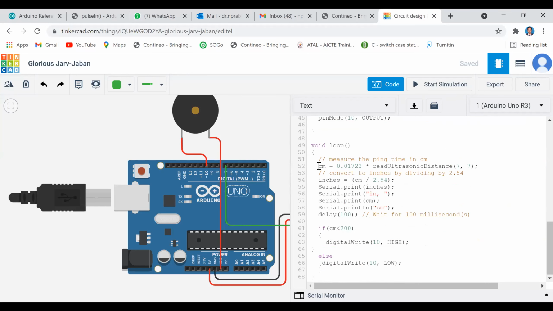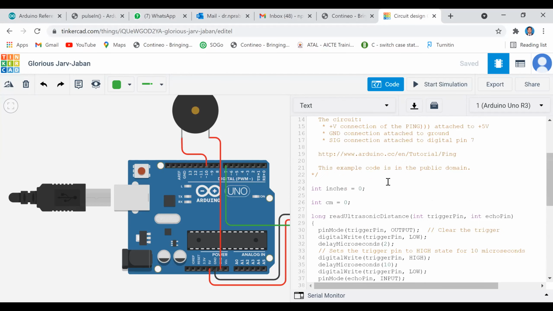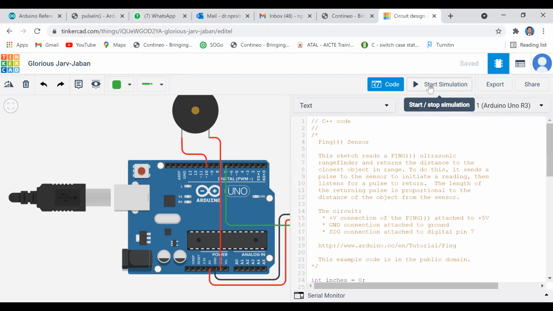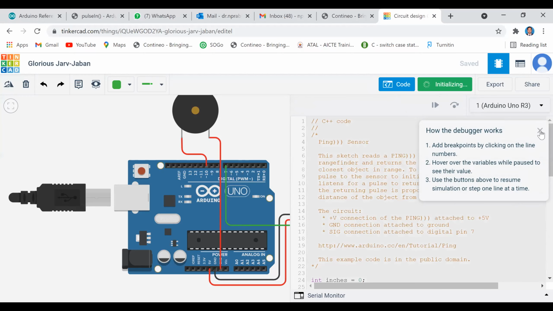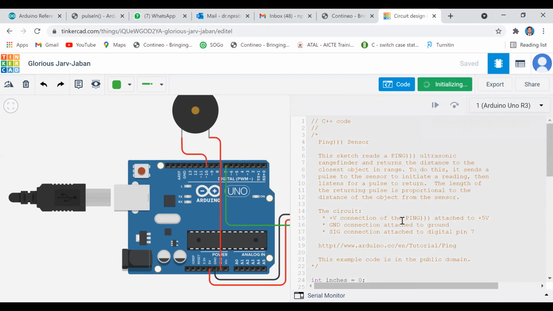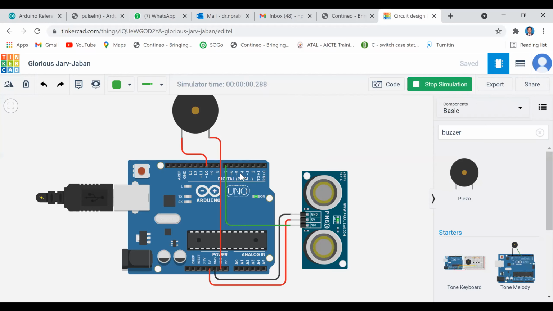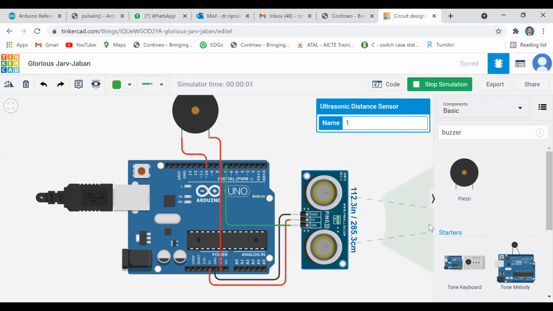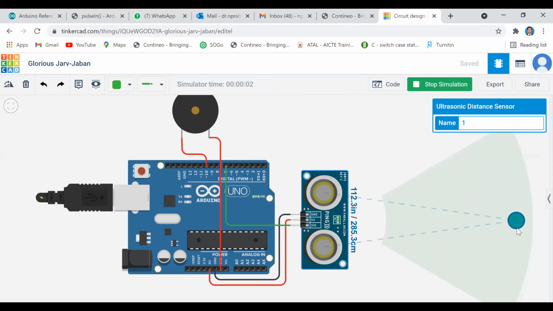So if centimeter is less than 200, just digital write to the buzzer, so that the buzzer will be set. So that's it. You can run the program. Click on the ultrasonic sensor.